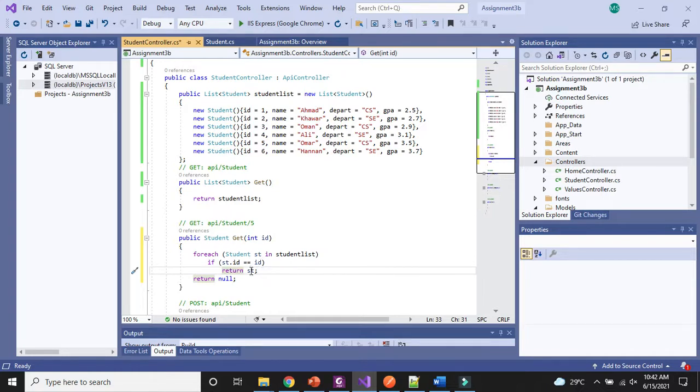If the ID is matched, then we are returning that object of the student. Now our return type is student, and we are also returning only one object of the student.